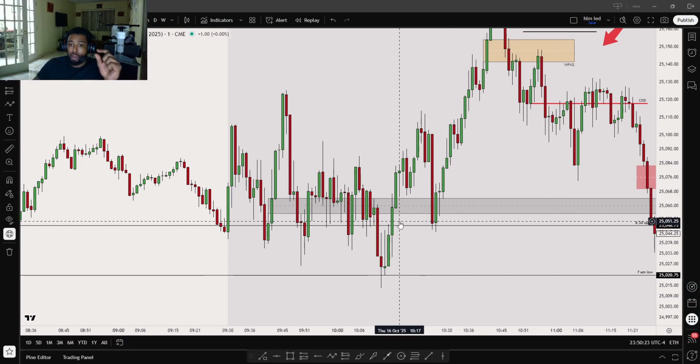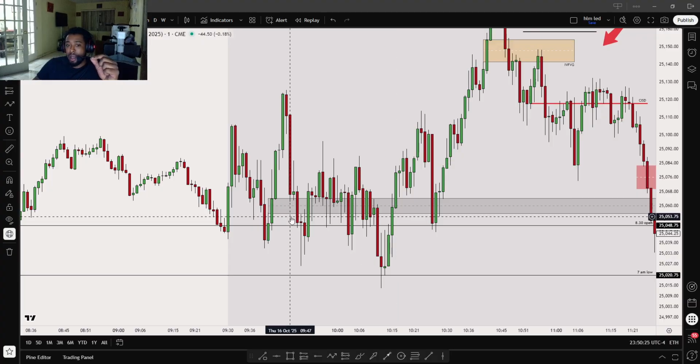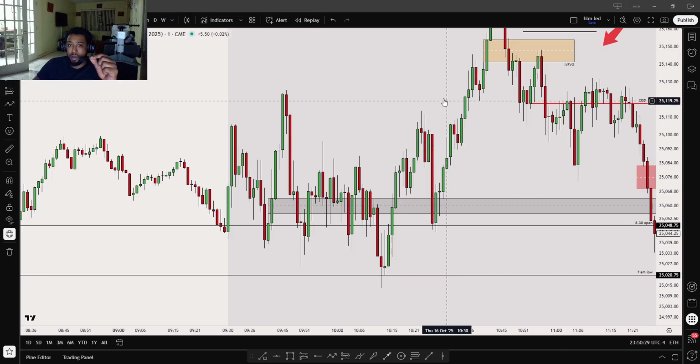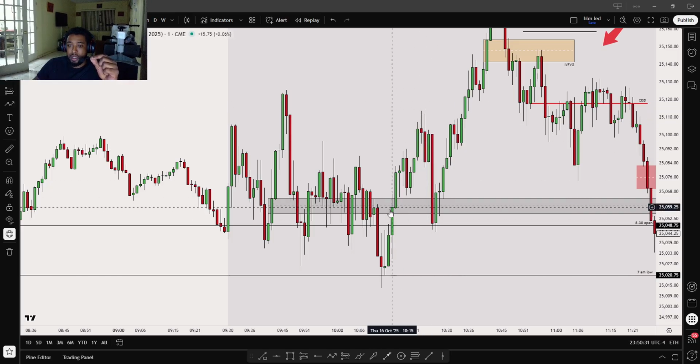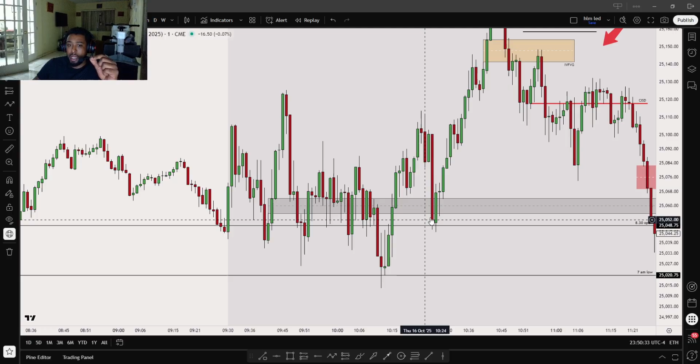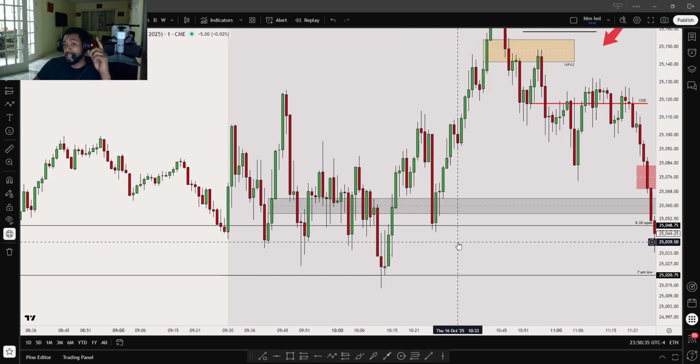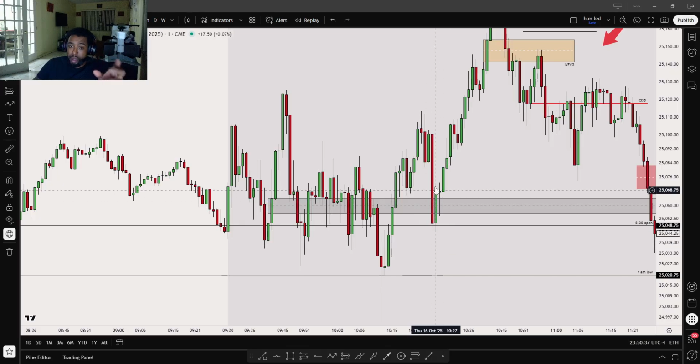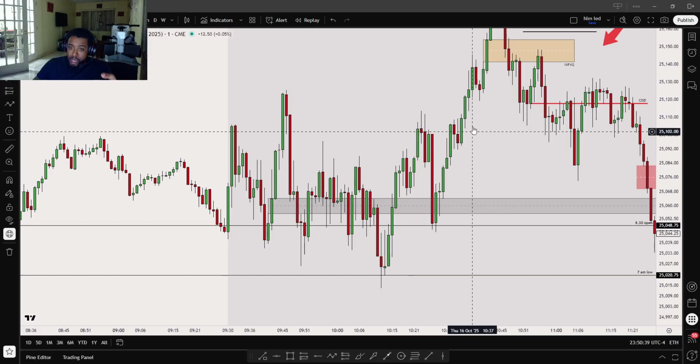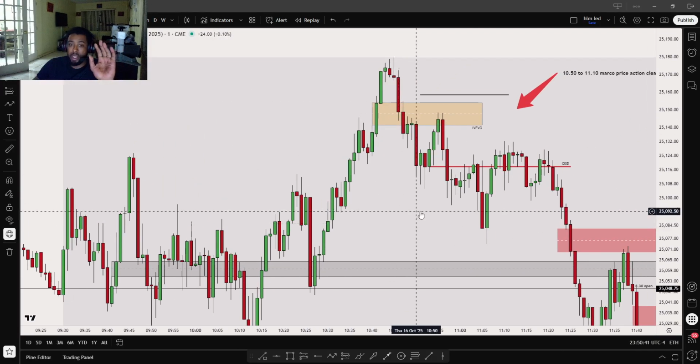Also, you want to see fair value gaps. So if you see a consolidation, it's just ranging, and then you see a break above, right? You want to see fair value gaps get left open, that get left back into the range. That's a sign of bullish order flow. But here it did come back and then rally. So just letting you know.